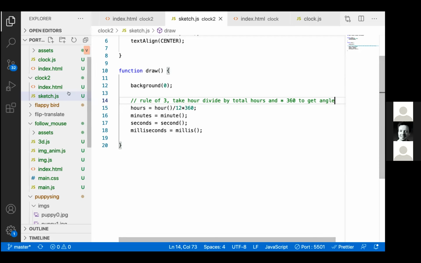And then we actually have to repeat this kind of calculation throughout all the other numbers. For the minutes, it's not going to be 12, but it's going to be 60, because for you to be able to go full circle, you have to count 60 minutes. So 60 minutes is like one full circle. That's why we divide by 60, and then we also multiply by 360. For the seconds, it's going to be exactly the same, because we do have a total of 60 seconds in